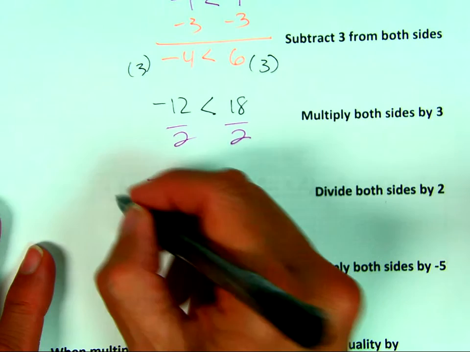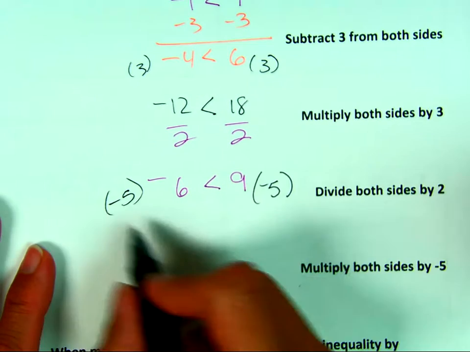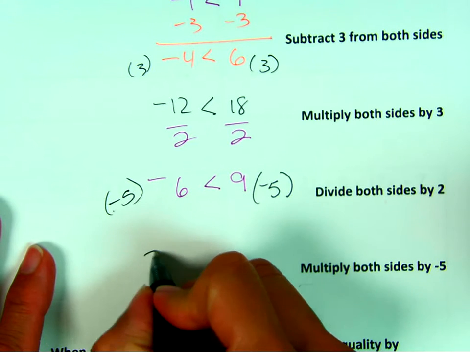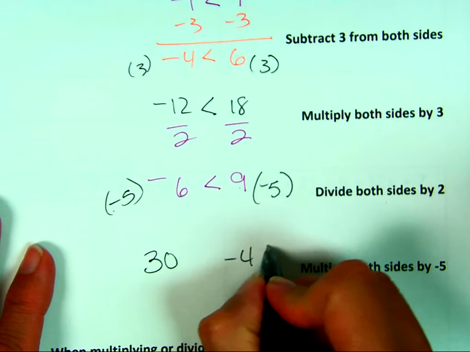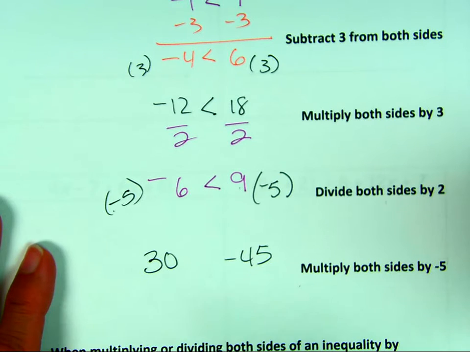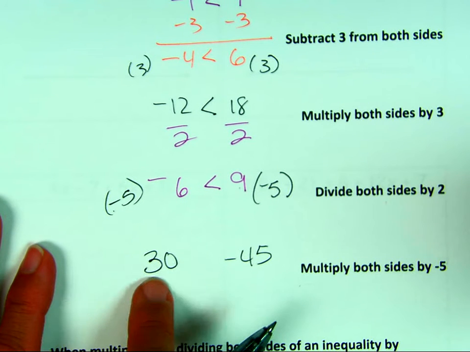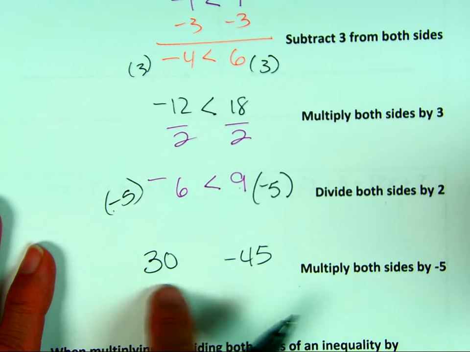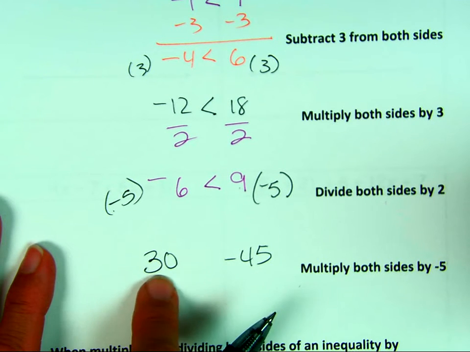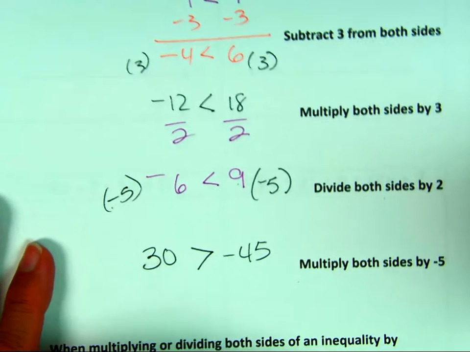Now we're going to multiply both sides by negative 5. Negative 5 times negative 6 is positive 30. 9 times negative 5 is negative 45. Look what happened. This side, what had been smaller the whole time, changed from negative to positive because I multiplied by a negative. This side went from positive to negative. So it actually switched the truth value. This is no longer smaller than that side. It's greater than that side. So the rule says that